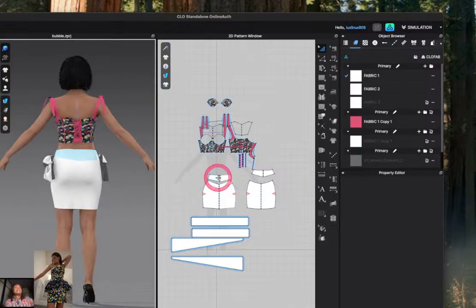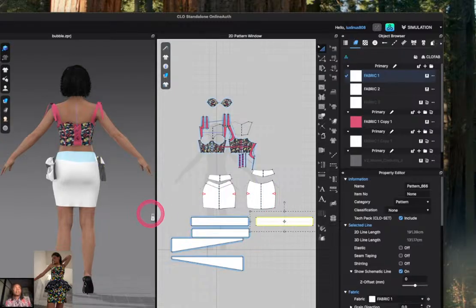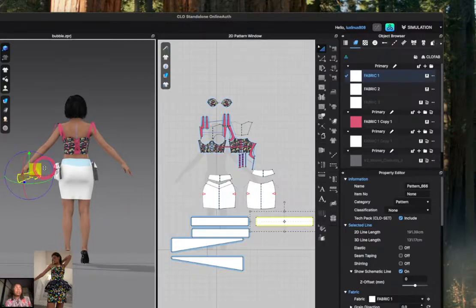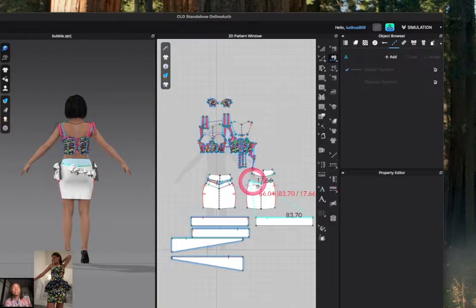Behind. So behind you have to do the same thing, Command C, Command V. And I'm going to bring this, pull it behind, rotate it, and then that's when it will be useful. So I'm going to sew that part to that part